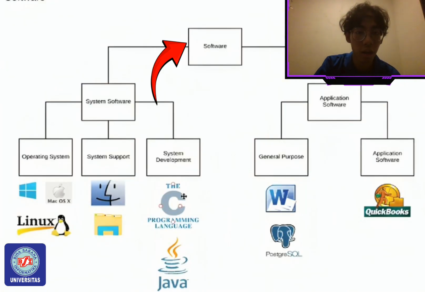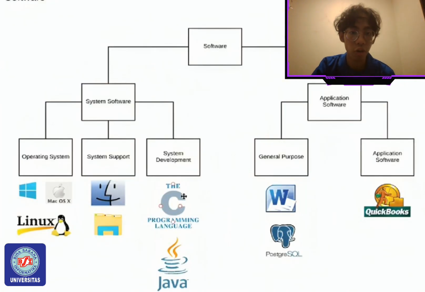Now I'm going to explain about software. Software gets a little bit more interesting because there are a lot of kinds of software. So I'll put up this little tree to represent the different types of software that exist. On the left branch, we see the system software, and the most basic piece of software is the operating system. You're probably familiar with Windows as an operating system, or maybe Mac OS, or potentially Linux, the three major operating systems that exist now. There are other operating systems, but those are the main three.